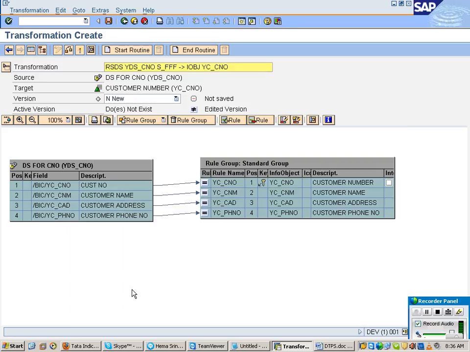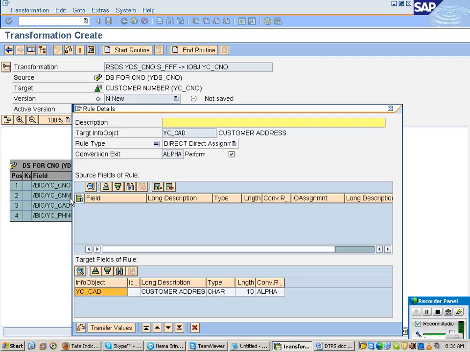So now, when I say for address I want to apply a constant value, should it read from the source? I should not read the data from there. So first what you have to do is select this line, right click and delete. I am saying for address, don't read from the source. Delete the link between your data source and target.